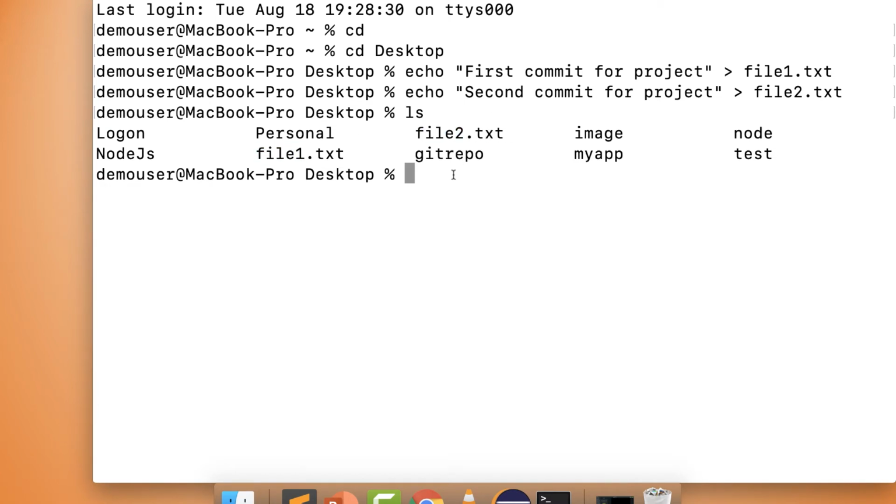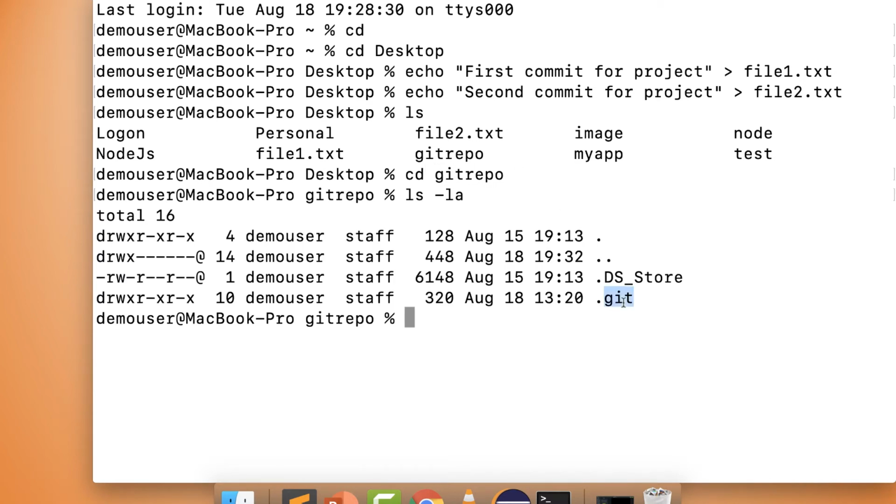Now I will create a blob object out of it. I have to first go to the git repo. This is my repo because we have the .git folder over here. As we have seen in the previous videos, I have already initialized my git repository in this particular folder. Then I will create a blob object. I will type git hash-object followed by the file name.